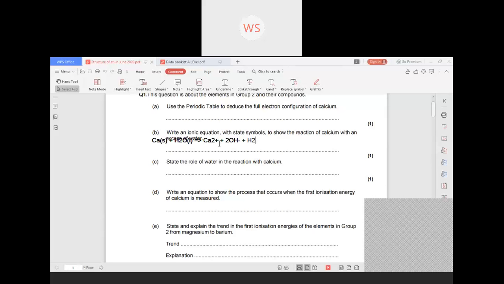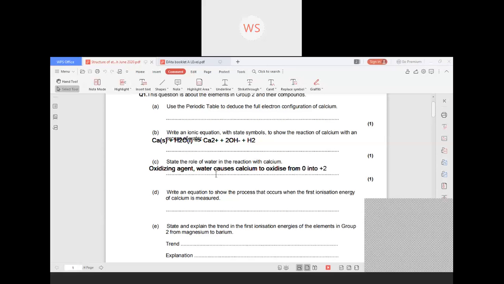State the role of water in the reaction with calcium. The role of the water in the reaction with calcium is that water is acting as an oxidizing agent. Water causes calcium to oxidize from 0 into plus 2,